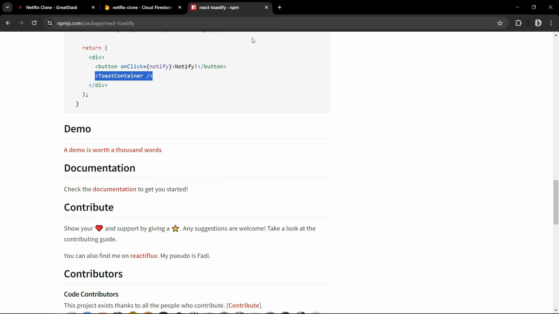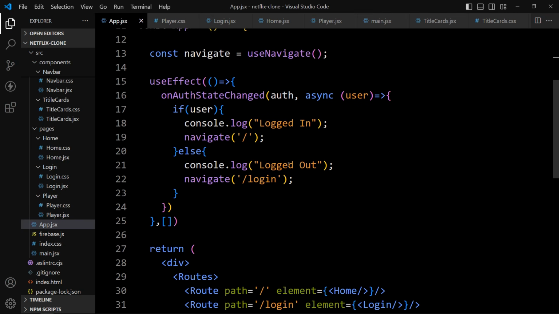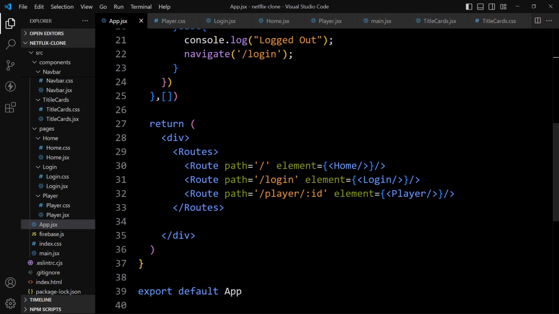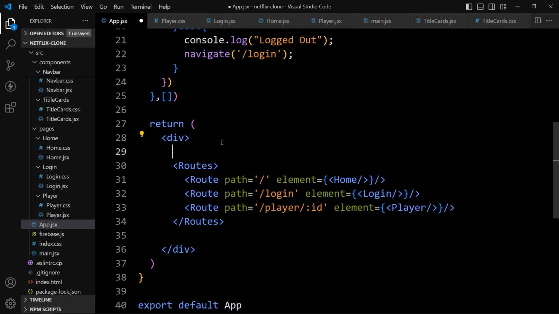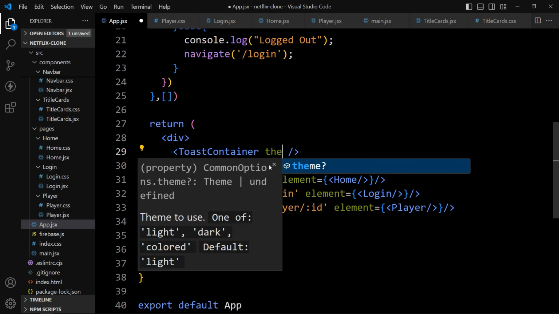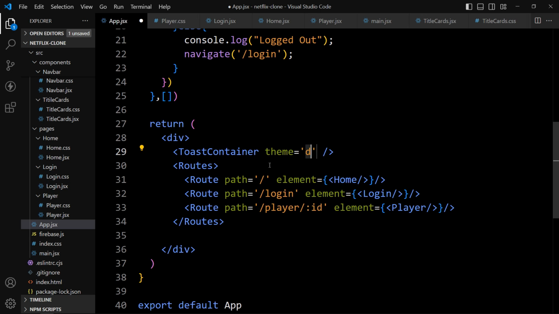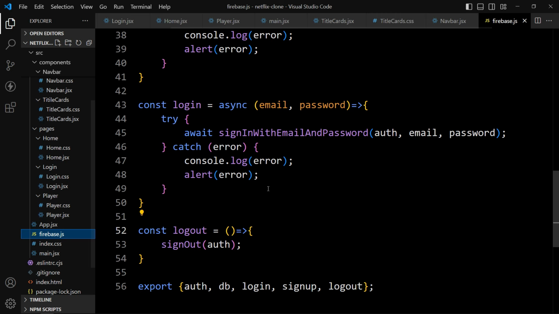We will copy it from here and let's come back. And before this route, here we will add toast container, and with this toast container we will add theme dark so that we will get the toast notification in the dark color. After that we have to use this toast notification with the login and registration function.